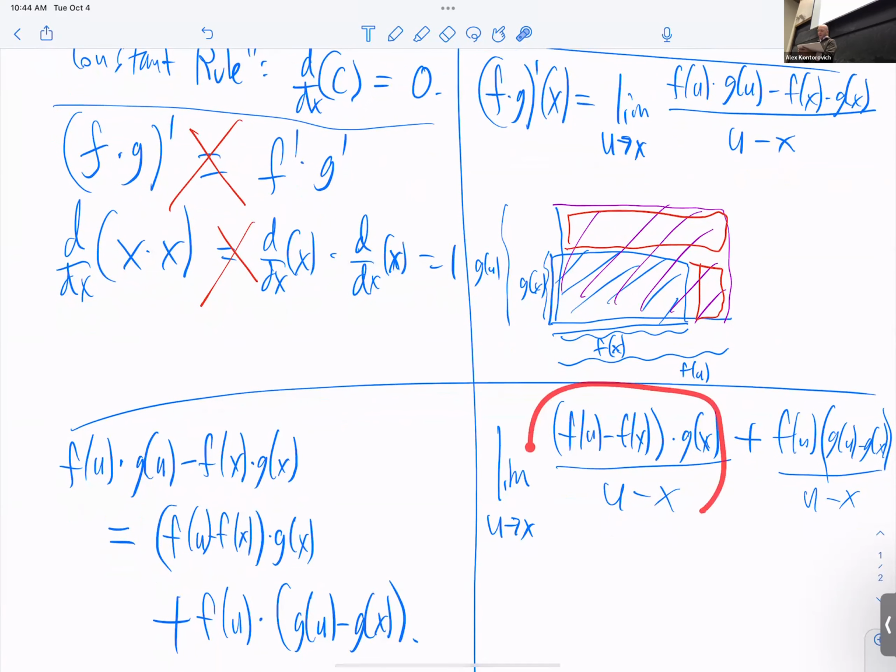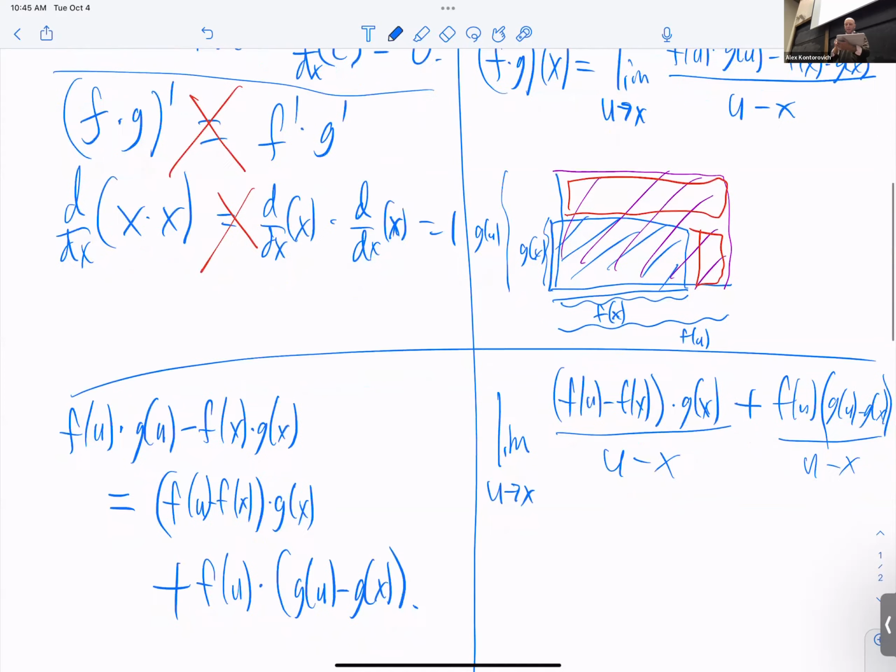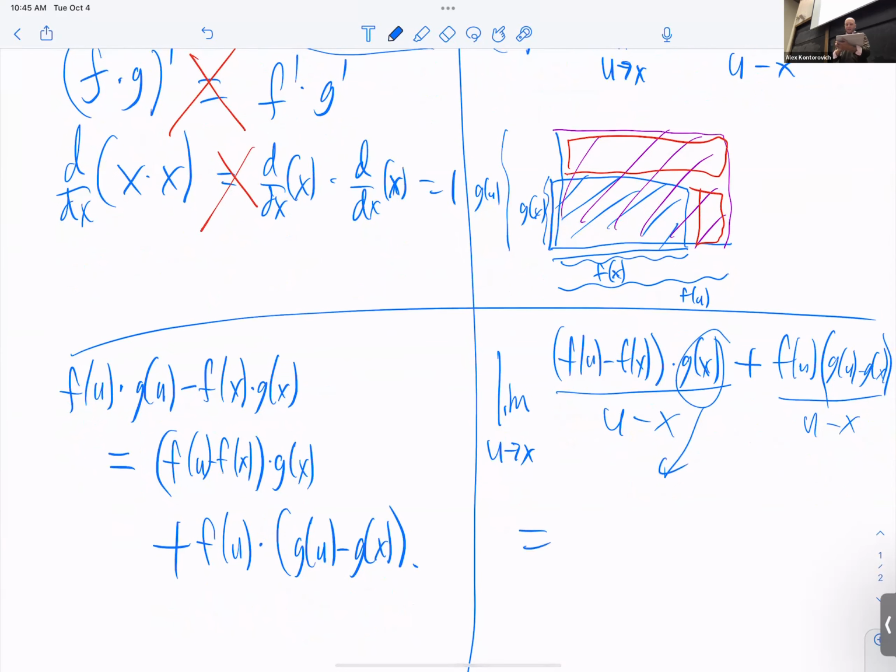I see something here. The limit of the sums is the sum of each individual limit. So we can see what's happening in each term. This g of x, how does g of x change as u is changing? X is fixed, u is getting moved closer and closer to x. So when u is very close to x, what's happening to g of x? It never changes, right? So it just stays g of x